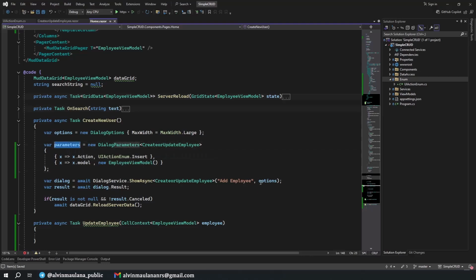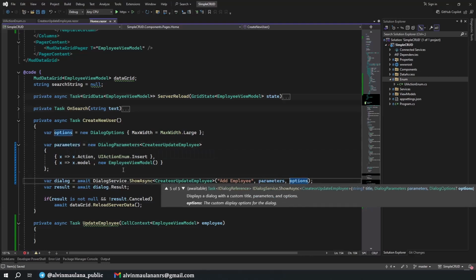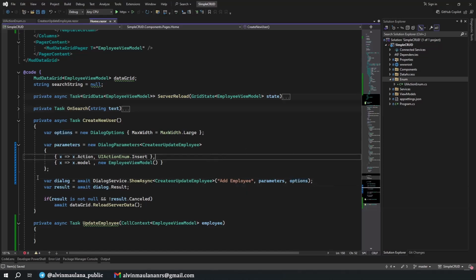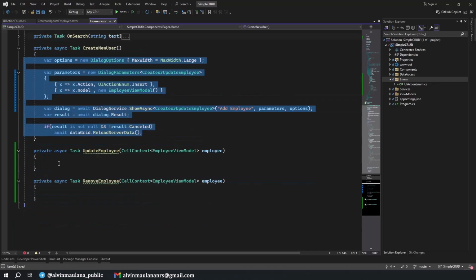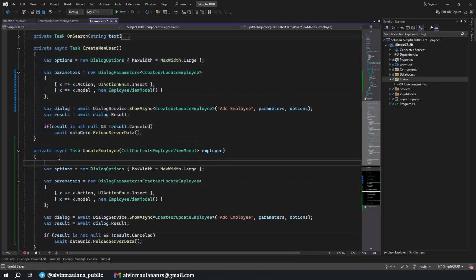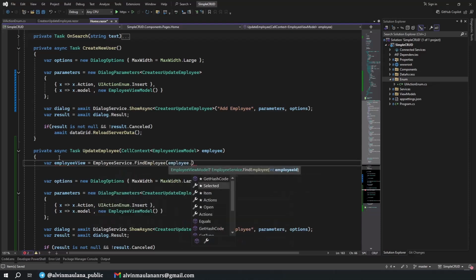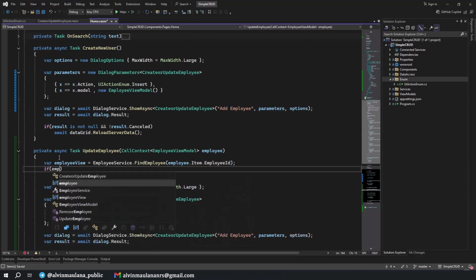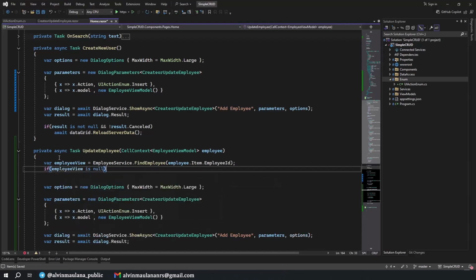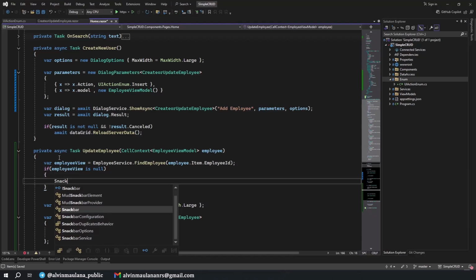And then we need to assign this value when we try to show the dialog. And then I think we can copy it to update employee. But first we need to search the employee from the database for employee view, maybe employee service, find employee. Okay. And search item employee ID. Okay, if employee view is null, we will have a snack bar.